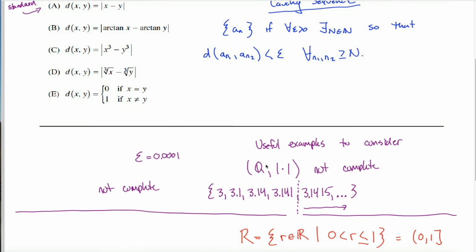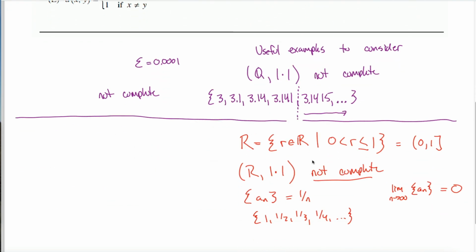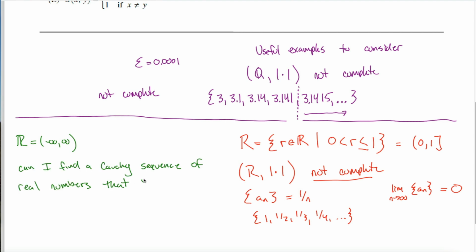Well, the reals don't have these holes like the rationals do, so we won't be able to emulate something like this purple example. So instead, we'll have to think of an example that's more like this one where we kind of focus on the endpoints. And you might be like, wait a minute, the reals don't have endpoints. The reals go from negative infinity to infinity. And that's entirely true. So what I need to do is come up with a Cauchy sequence of real numbers that, I don't know, maybe in quotes here, converge to infinity. All right, because infinity is not a real number.